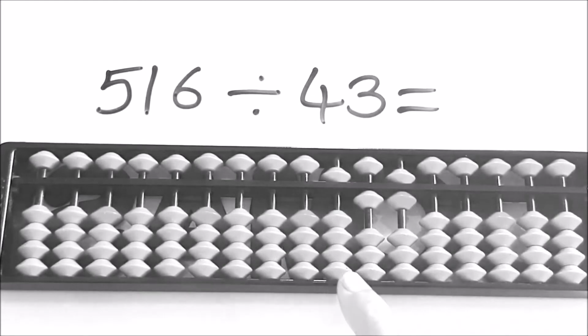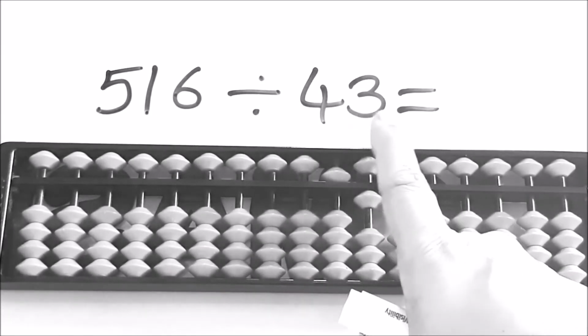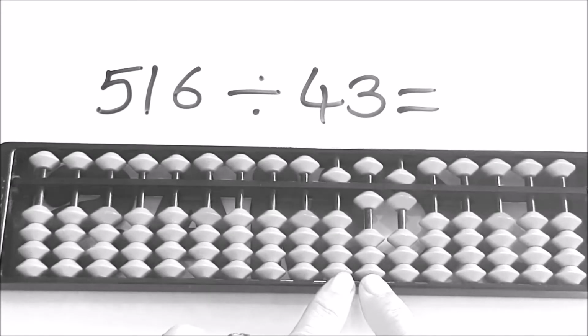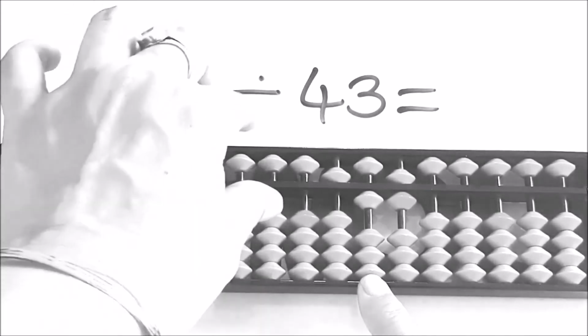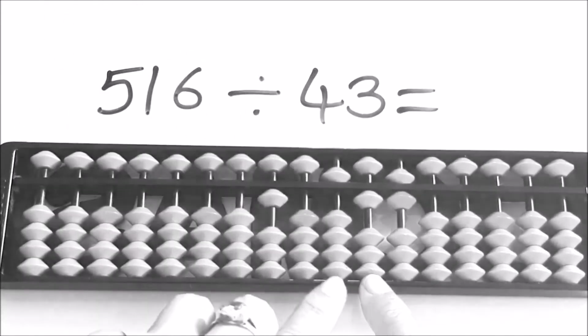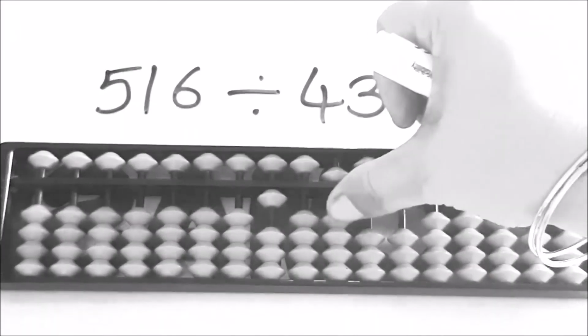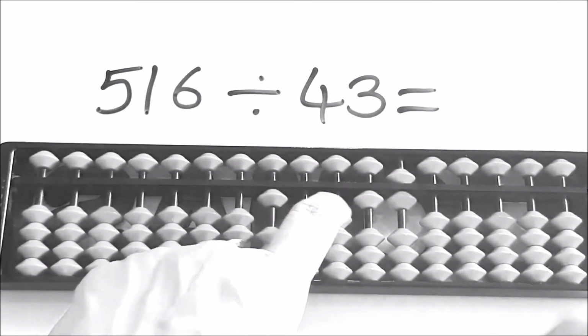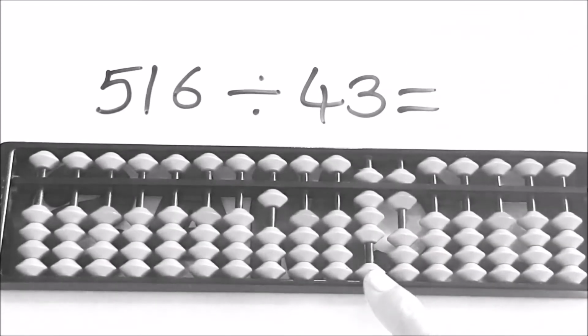And we have to place the answer leaving two rods, since this is a two digit divisor. So 4 and 3. 3 will be subtracted here. So leaving two rods, 1, 2, place the answer here. 43 ones are minus 4, that is plus 1, minus 5 and minus 3, minus 10, plus 7. Now the remaining number is 86.